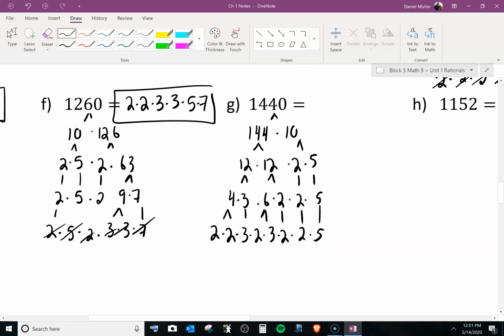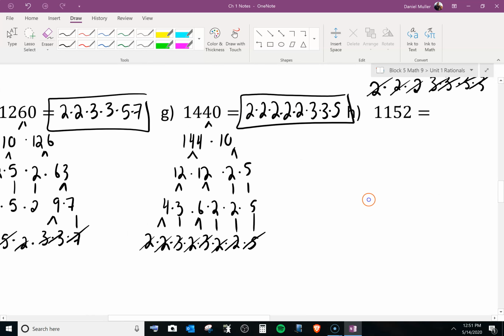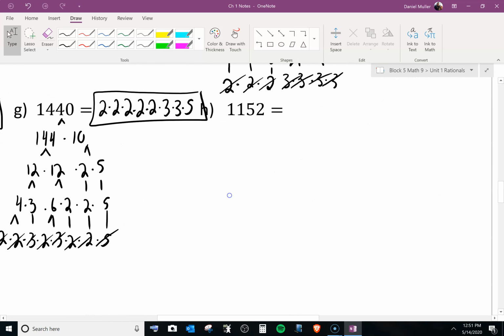Okay, there's a lot of numbers. I don't want to get mixed up. So there's 1, 2, 3, 4, 5 2's. And then there's a 3 and a 3. And then the 5. So that is the product of prime numbers. It's not a list. It's a multiplication of all of those prime numbers. And now